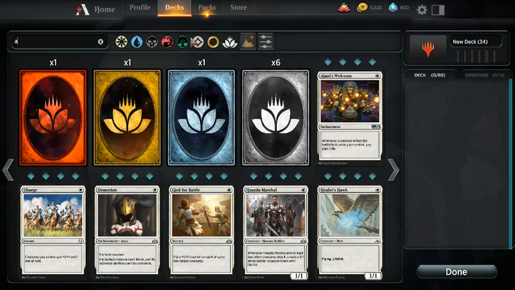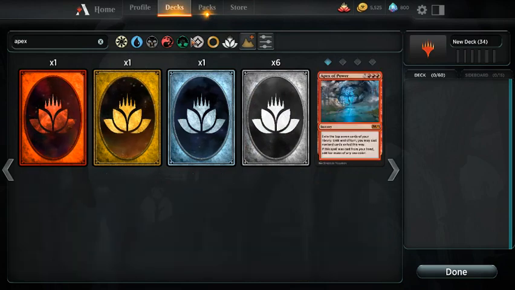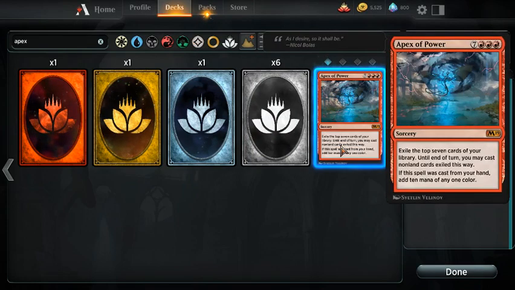I can effectively make another one right here. Oh, dude, because you know what would be really cool? An Apex of Power: exile the top 7 cards of your library until end of turn. You may cast non-land cards exiled this way. If the spell is cast from your hand, add 10 mana of any one color. Any one color. Now here's the real thing, right? If the spell was cast from your hand,